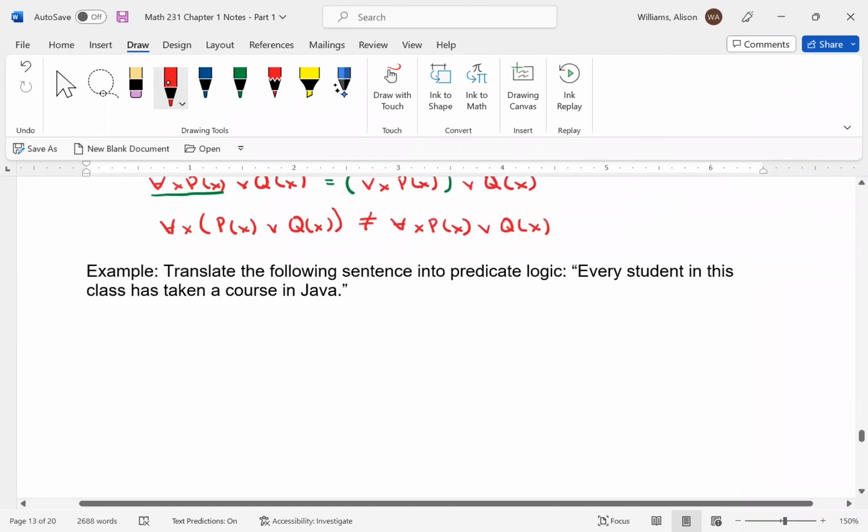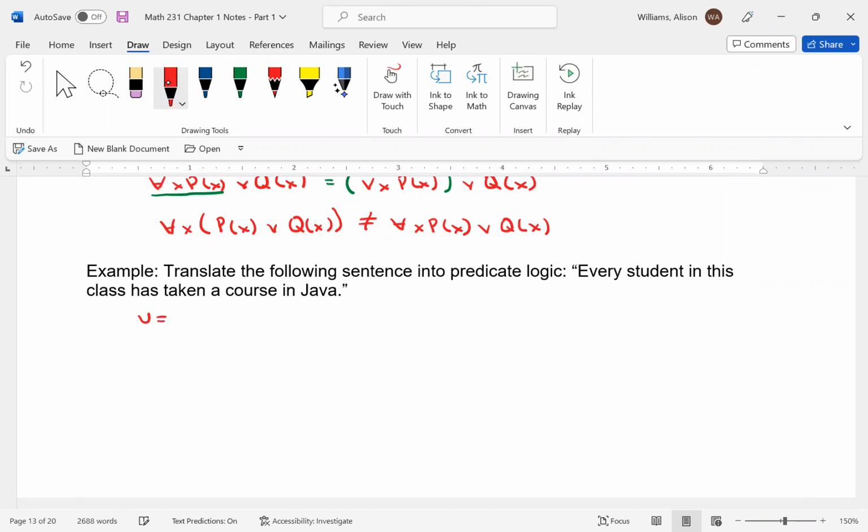Okay, there's a couple ways to do this. The biggest thing you have to decide is what the domain is. Let's say U is students in the class. Then we need to create a propositional function. We're interested in them taking a course in Java. So let's say J of X is